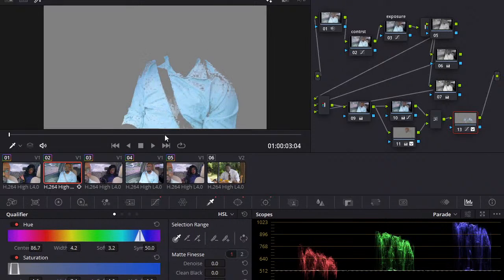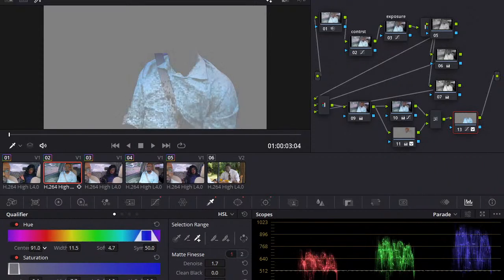In this case, because it's looking at the areas in the mask, it's supposed to do an easy, quick job, right? And you know, most of the color of this shirt is actually here, so I'm going to try and move the center here or back there. I think back there is perfect.